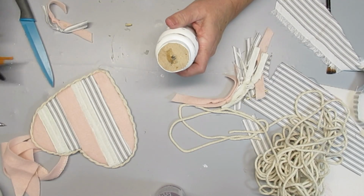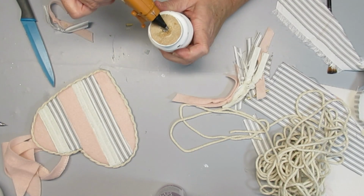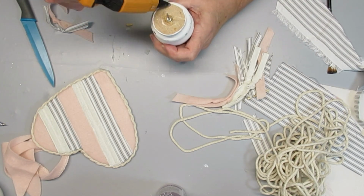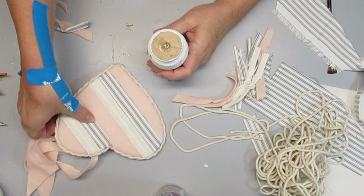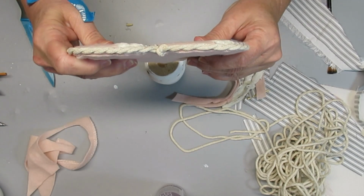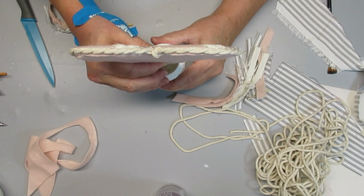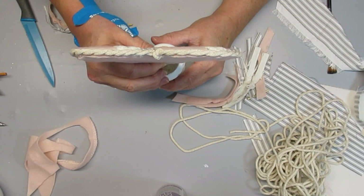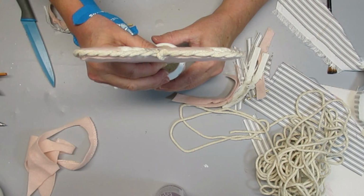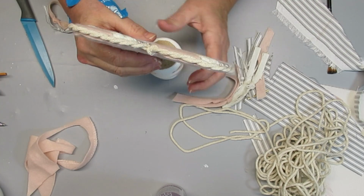I love using spindles in decor, so I decided to mount this heart onto a spindle. This one already had some paint on it from a previous project. I'm going to go ahead and add a nail to it. I previously poked the nail into the bottom of the heart so I would be able to have a pre-drilled, say, hole. And then I used the nail head as the base inside the hole of the spindle. Then I just added a whole bunch of hot glue and made sure to hold it in place until it